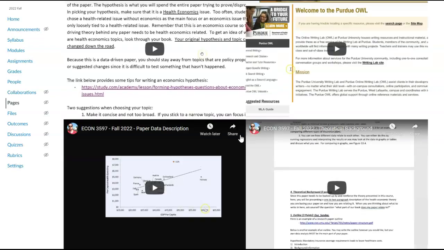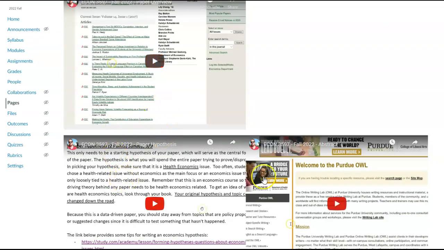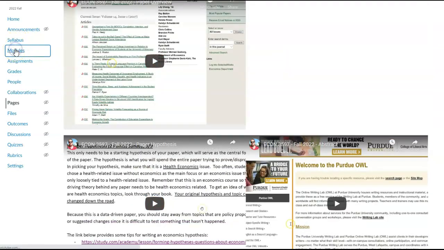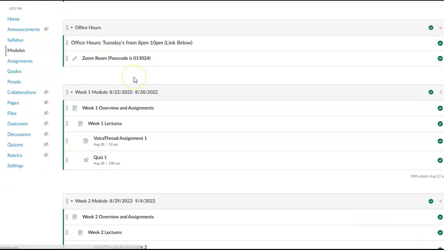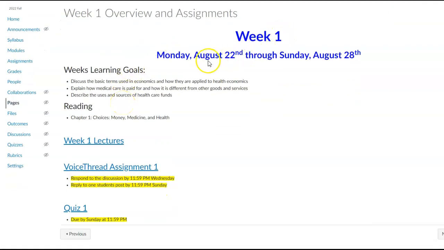And it's, like I said, I think it's to your benefit to look over everything at first, especially the overview, and then as you get into each individual assignment, you go in and you can view them here. So again, we have each week, you have the module. If you click on it, you will have the page that'll tell you the dates, the learning goals, the reading, and then you'll have the links to the lectures,